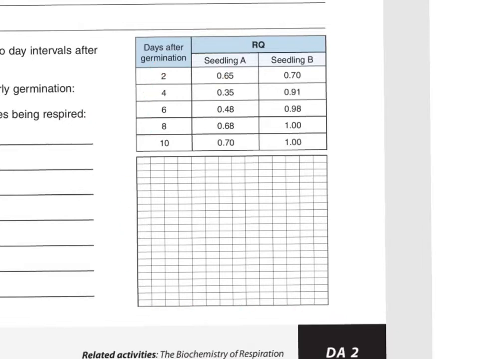Dependent goes here. So 2 and 0.65, 4 and 0.35, right? You guys can do that. When I grade these, I expect to see that done well, yes? And I should see 2 lines, one for seedling A and one for seedling B. Fair? I don't think that's something hard.